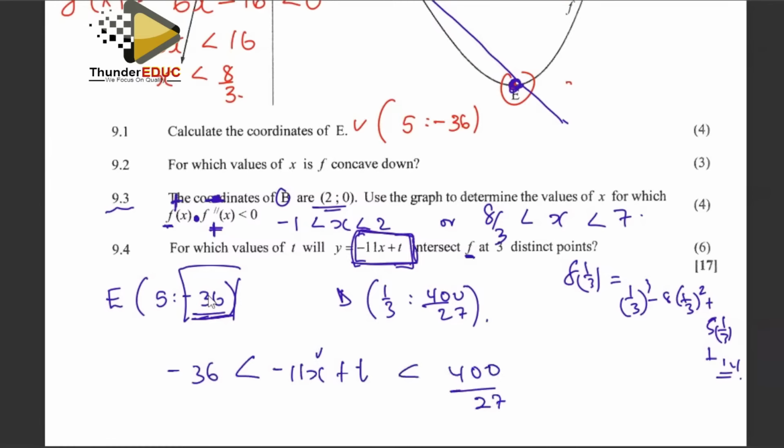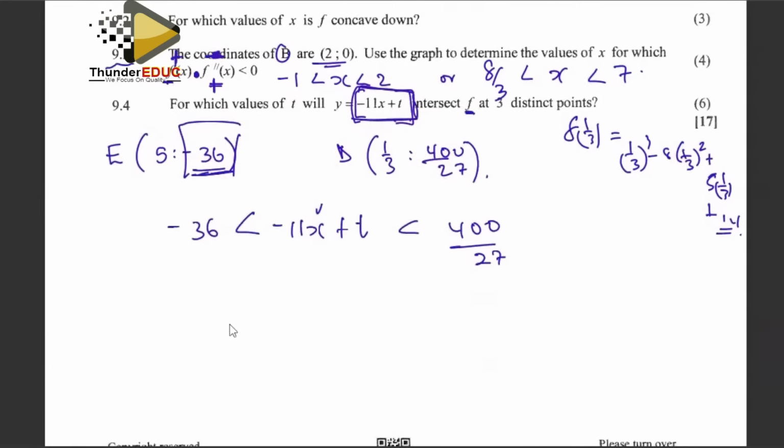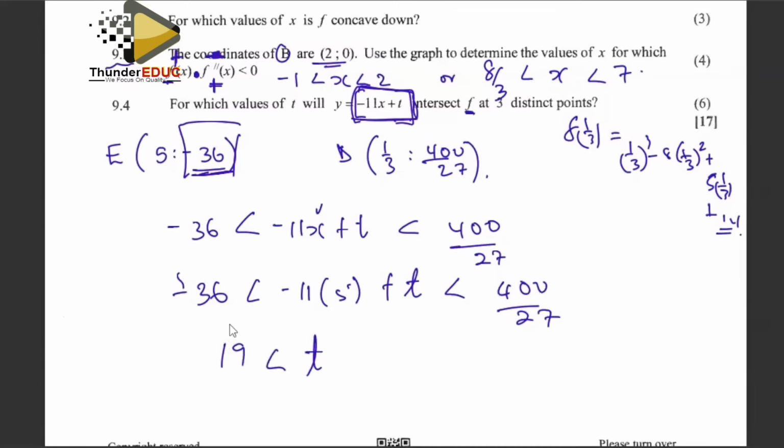So if I take the x to be a 5, negative 36 is less than negative 11 multiplied by 5 plus a t, which should be less than 400/27. So then I have to move this 55 to either side. So negative 36